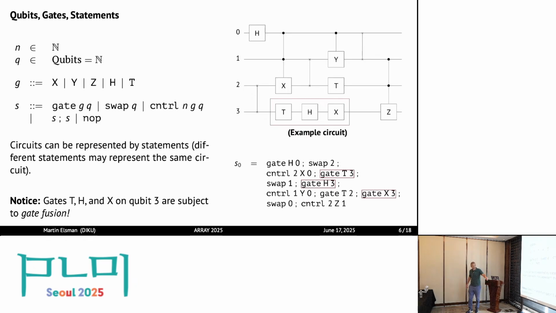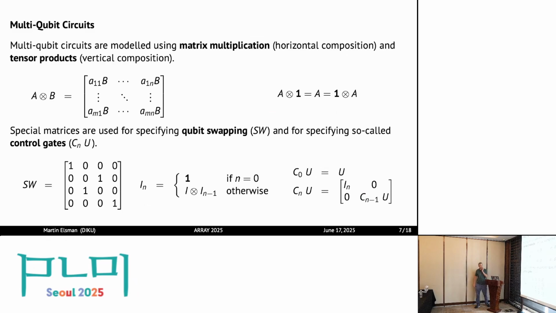We see also here again that the various gate operations in the statements here are subject to gate fusion, as we already saw in the beginning. So how do we model these things? One thing is that we can create a big unitary matrix for the entire circuit, and then we can apply that huge unitary matrix to the incoming state vector. And that will be the main result of applying the entire circuit on an incoming state.